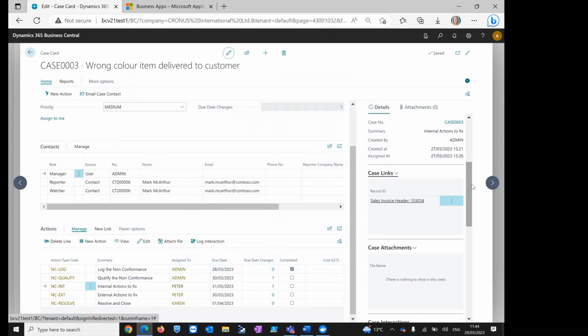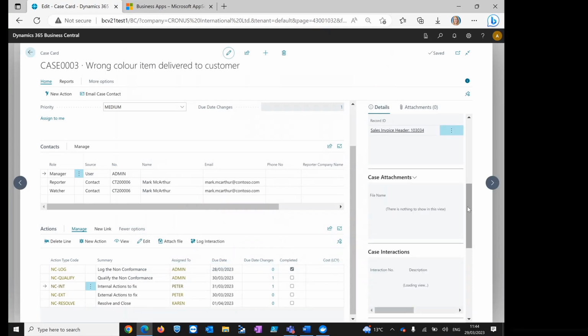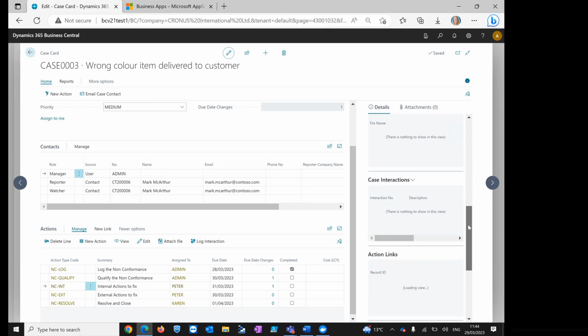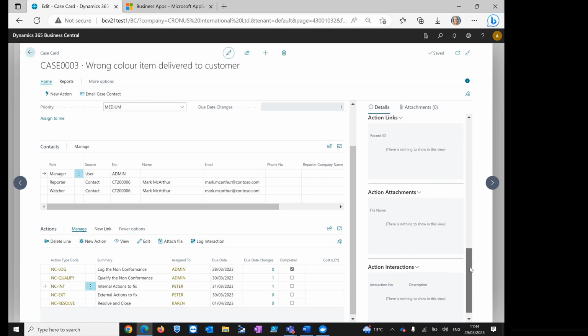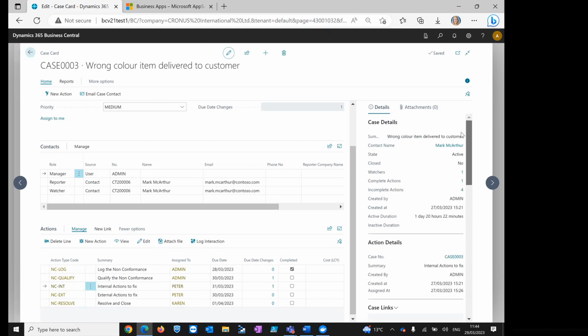Okay, so there's the case links. You can also attach a file to the case, and you can also log interactions for the cases as well. And then at the individual action levels, you can also have action links and action attachments, and they're all viewable here. So we'll do maybe an example of